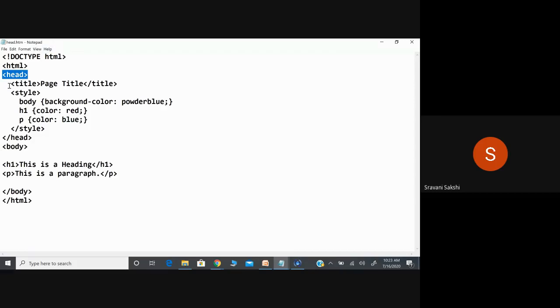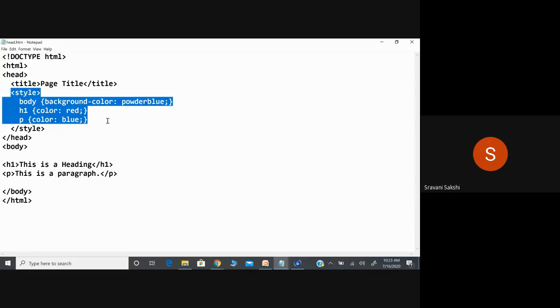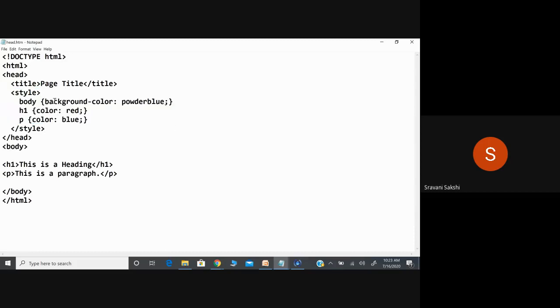Here I have defined the title element, which will be displayed at the left top of the page. Next, style. Here I am defining the style of the elements that are defined in my body.